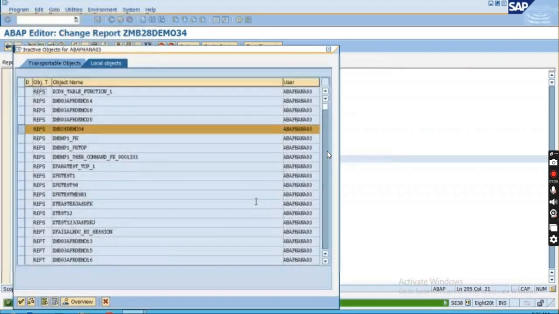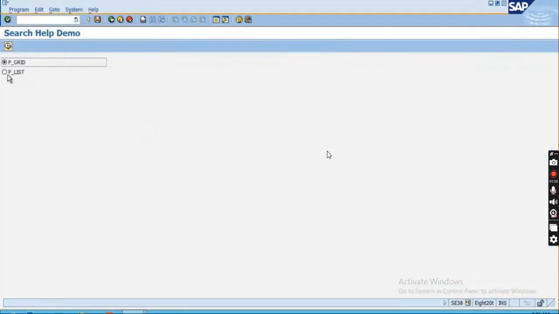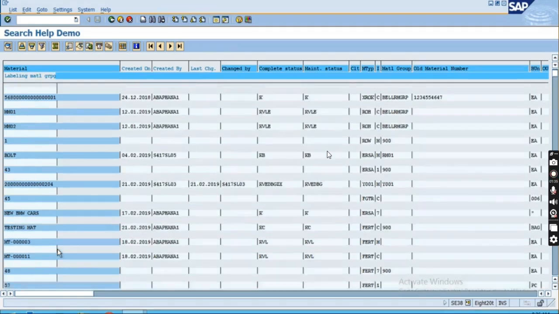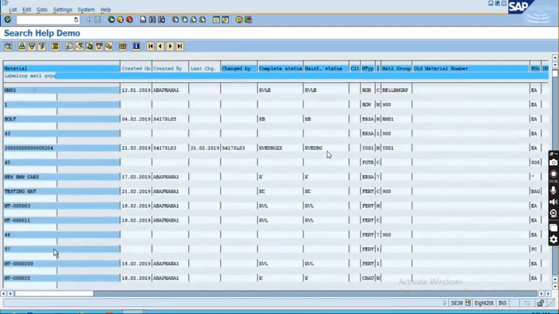Activate this one. First I will show you, based upon the list, whether it is giving the correct output or not. This time it will give you the output, otherwise it would have given the dump by this time. You can see the output is coming, right? The output is coming: material created on, created by, last changed, all these things, in the ALV list format. Okay,